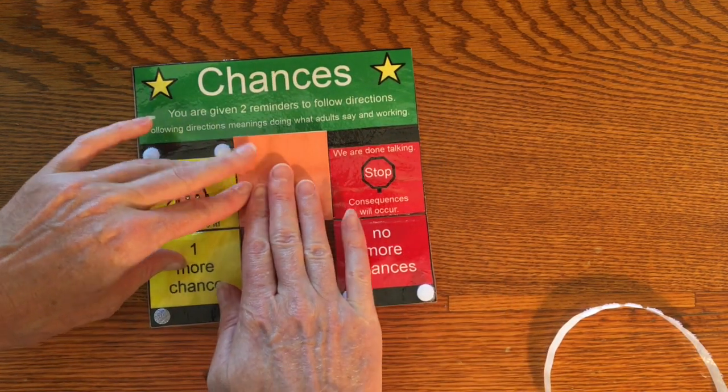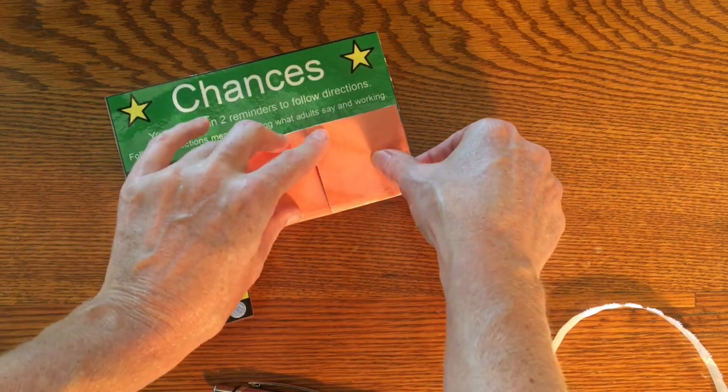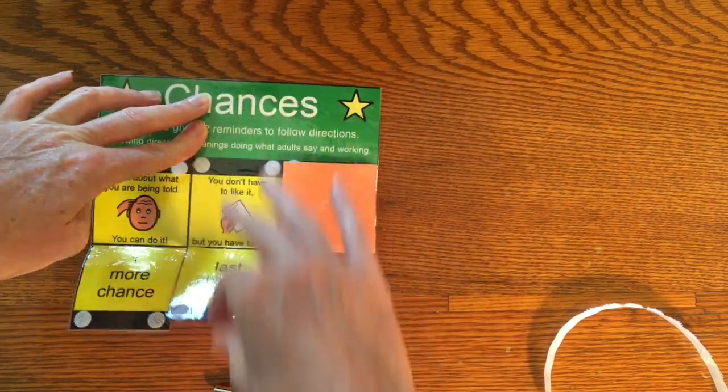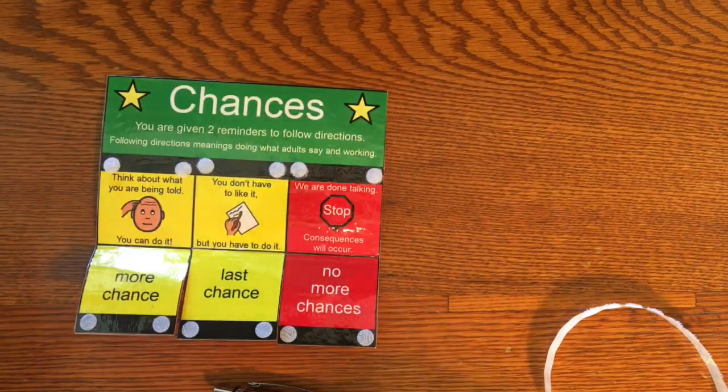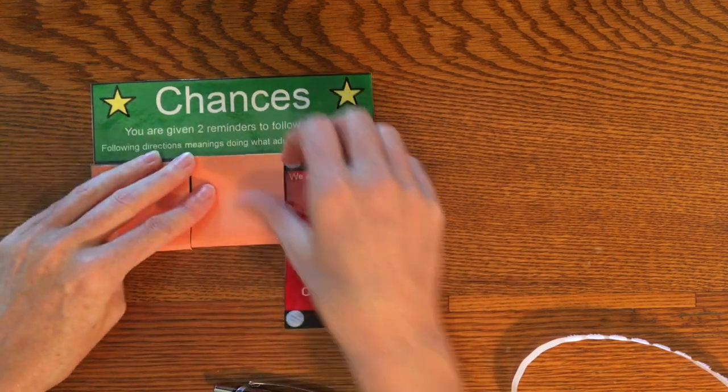I put this flap up and push him down. And down. Okay, now we're not quite done because what we need to do now is